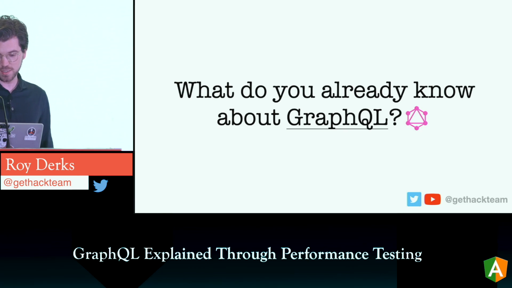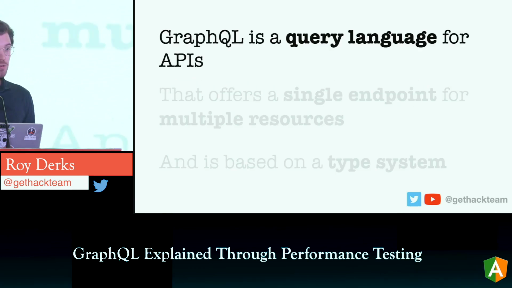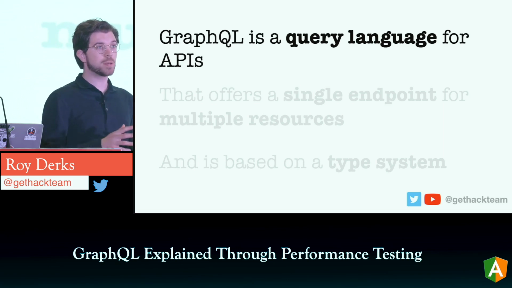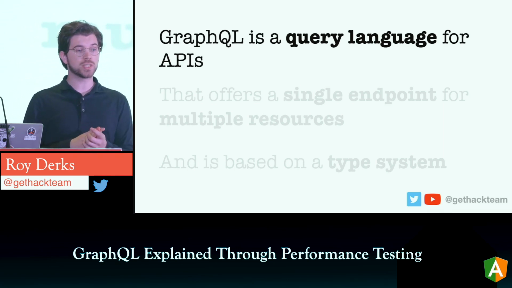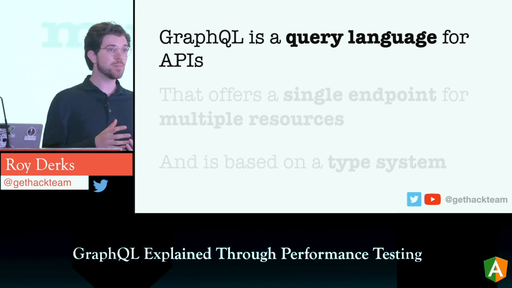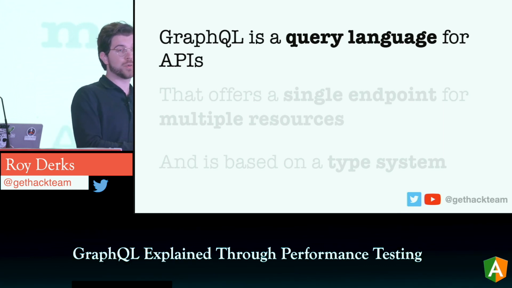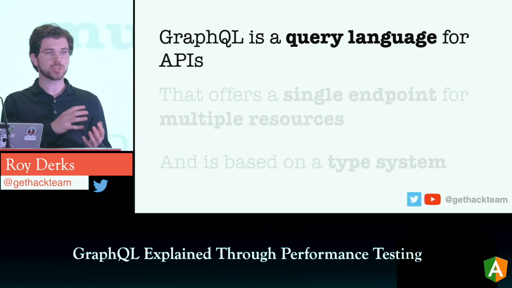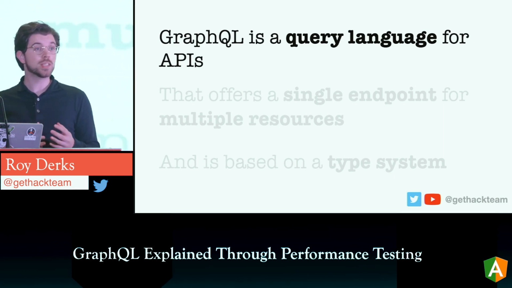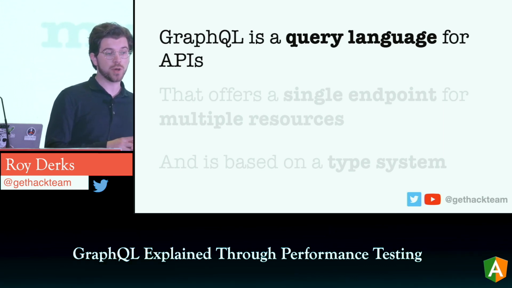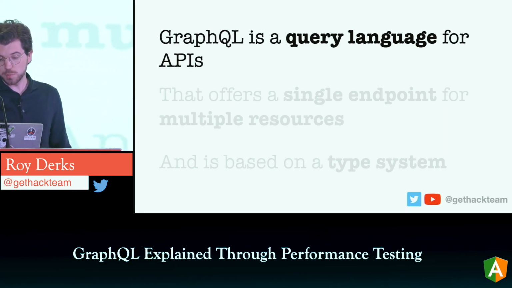So that's great. GraphQL is a query language for APIs. Sometimes people ask me if GraphQL is a framework or maybe a library, but GraphQL is all of those things. But most of all, it's a query language for APIs. People are using GraphQL inside their frameworks. GraphQL itself is not a framework. It's also not a library, although there are really good libraries that help you build GraphQL applications.